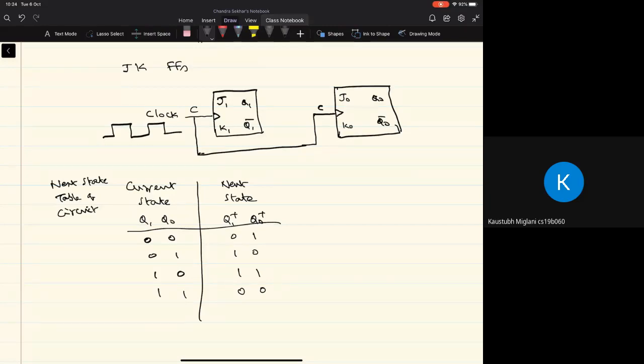And the changes will happen because we apply the appropriate inputs, right? So the next part of this table is going to be specifying, for each of these state transitions, what should be the inputs. So depending on the number of flip-flops you'll have,